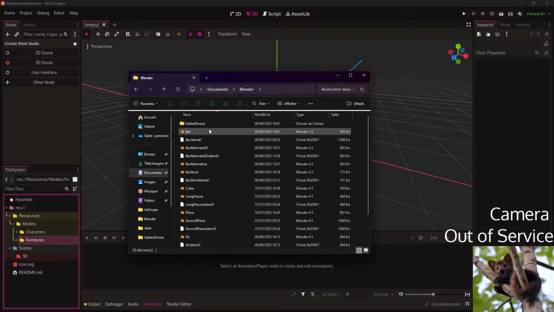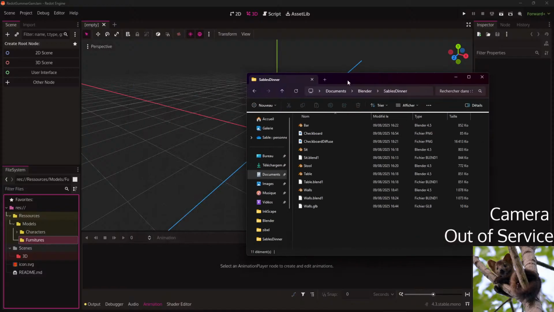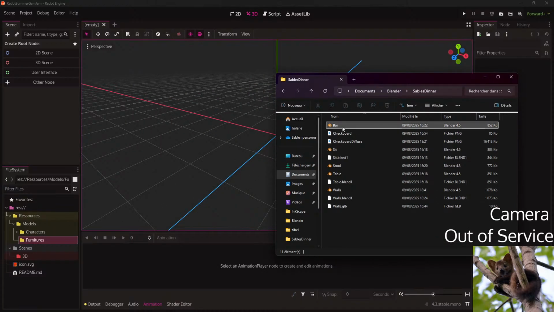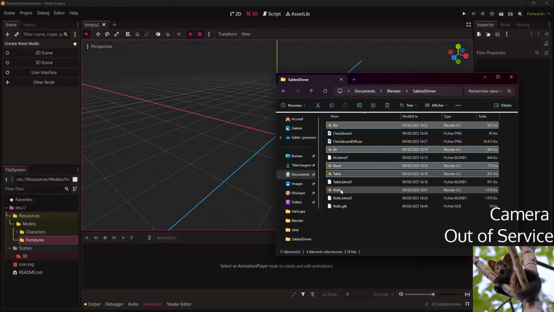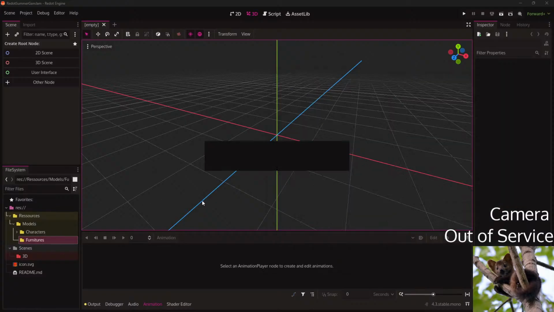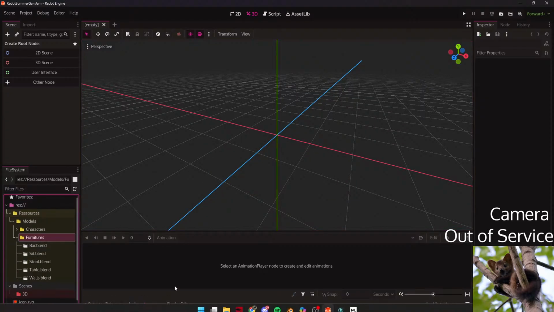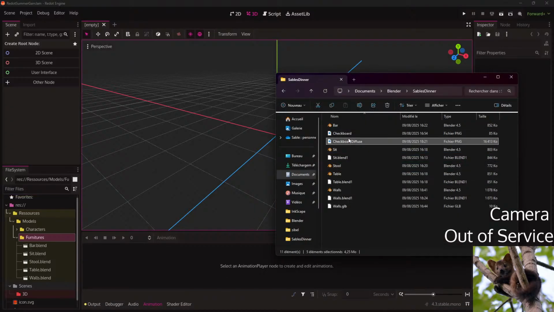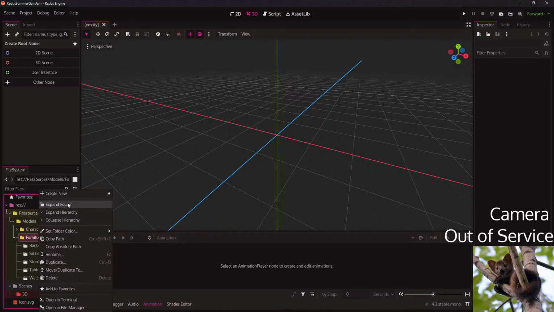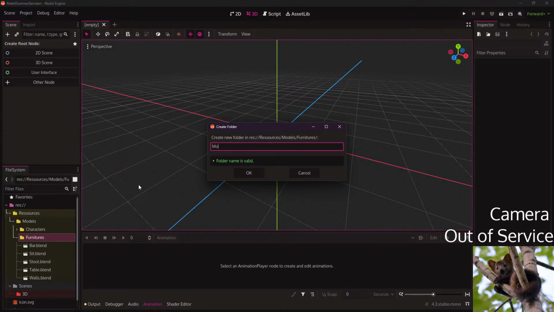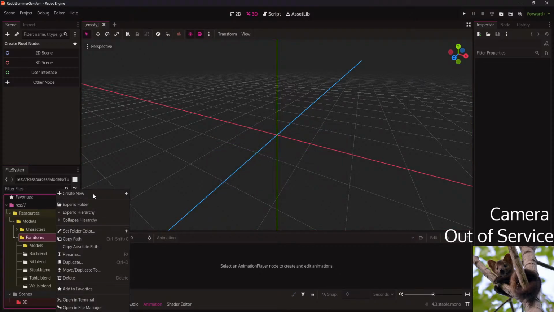So we have the Blender stuff, and okay, here are the furnitures. What if I say models and texture?